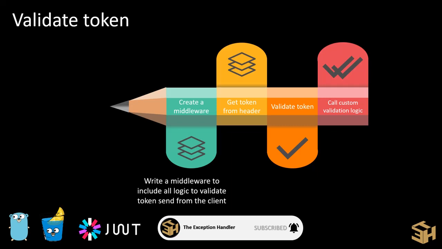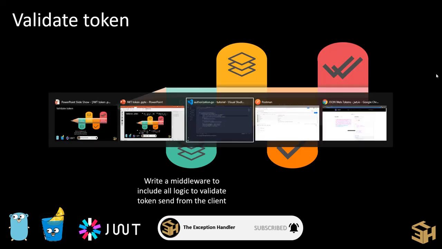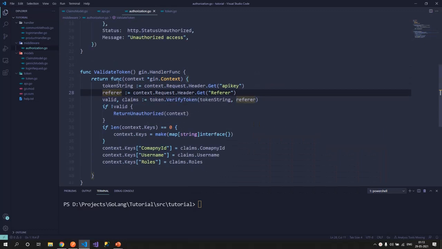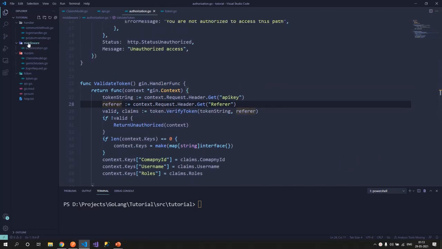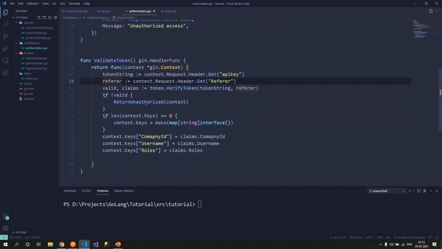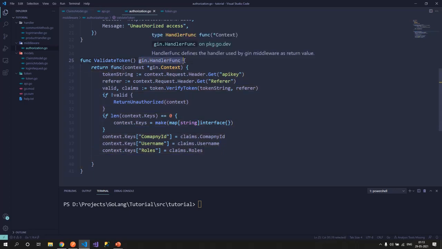Now to create a middleware, this middleware should contain the logic to validate the token. I have created a middleware for us, and if you see, it is created over here: validate token. This middleware returns a Gin handler function, and this function takes in the context of your request, and through the context I would try to get the header.